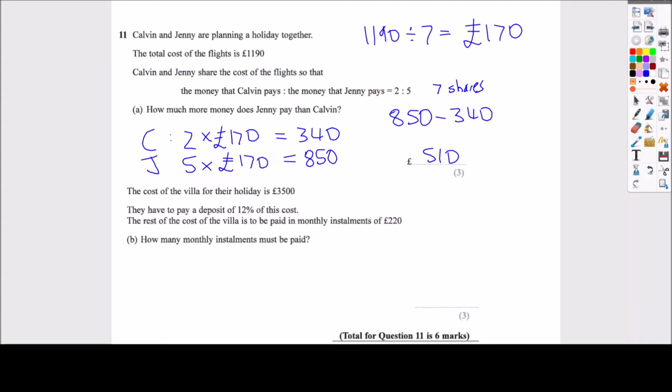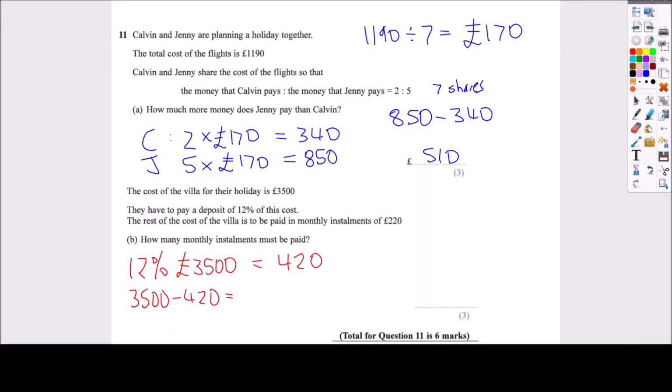Now, for part B, the cost of the villa is 3,500. They had to pay a deposit of 12%. So the deposit is 12% of 3,500. Now, 12% is just 12 over 100, which is 0.12. So basically do 0.12 multiplied by 3,500 to give you the deposit was 420. So the total cost was 3,500, and now if we take away the deposit that was paid in advance, that leaves us with